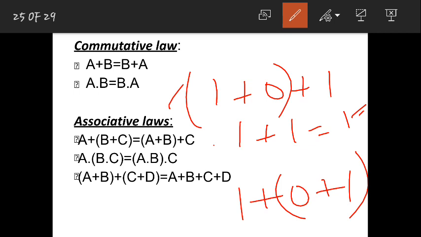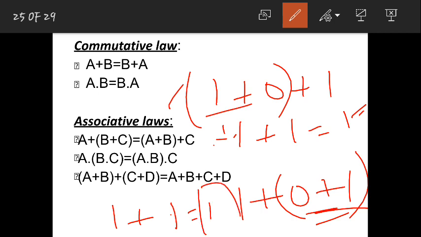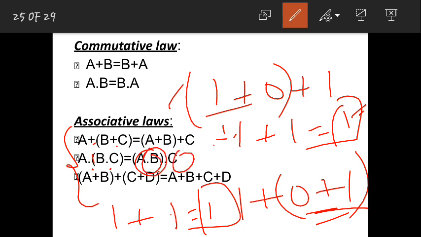For this you will get 1 or this is also 1. See, for this you got this one. Okay, now for this you are getting this one. For this also the result will be equal to 1 itself. Okay, so both are equal, right? So that is what he is trying to say from this. Let you take this OR symbol or this AND. Okay, A dot in brackets B dot C, or first if you solve A dot B, then after solving this with this result, if you solve this C, also it doesn't matter, you will get the same answer.